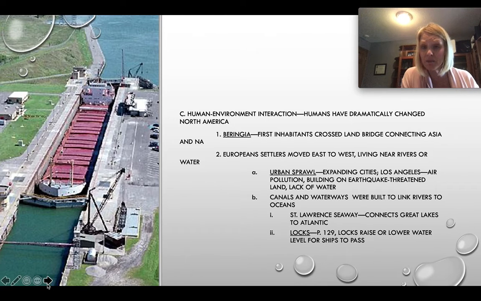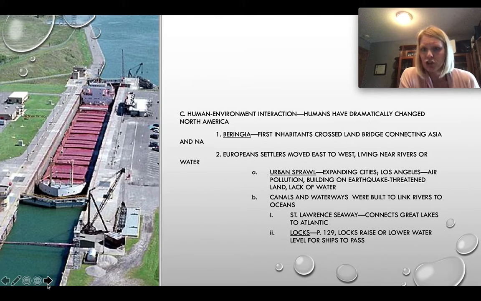When Europeans came to North America, they settled usually from the eastern part to the western part. However, if you were a settler from Spain, you probably moved from the southern part of Mexico up to the northern part. So you might have started to move northward from Mexico into New Mexico, Arizona, California, Texas, some of those areas. But almost always we see people living near rivers or water,